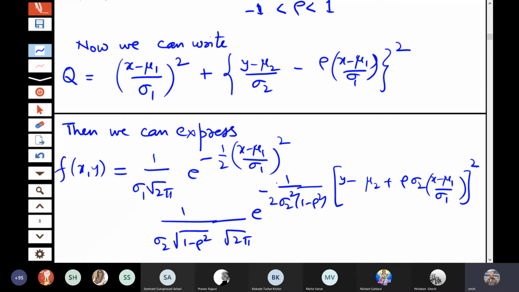So by using this rearrangement of the terms of Q, I can write the joint distribution of x and y as the product of two terms. Okay, as the product of two terms, like this particular term, in which you can see that y is involved only in the second term, and x is of course there in both the places. So is this calculation okay?